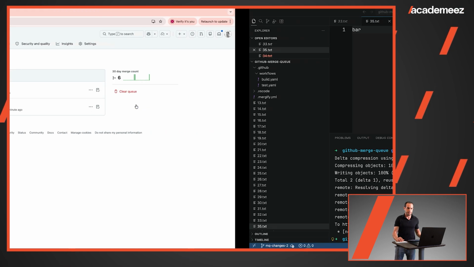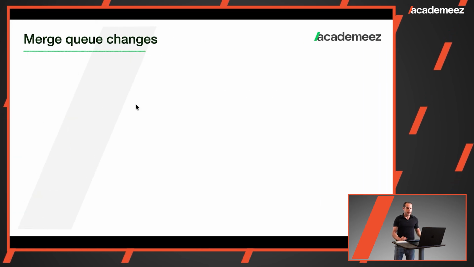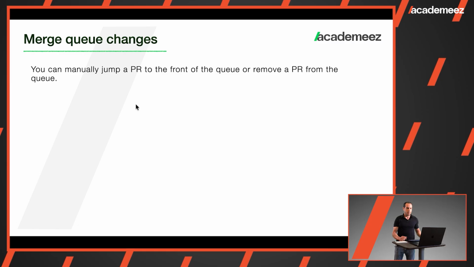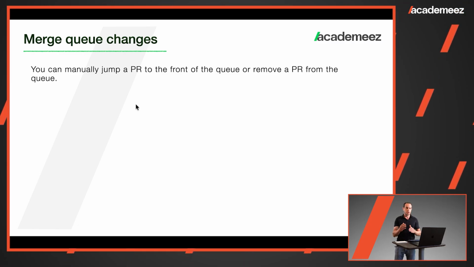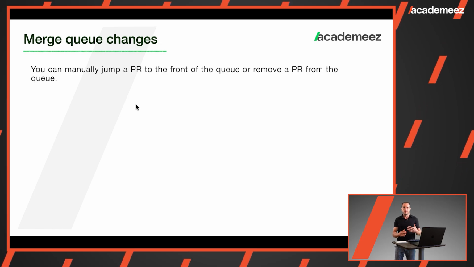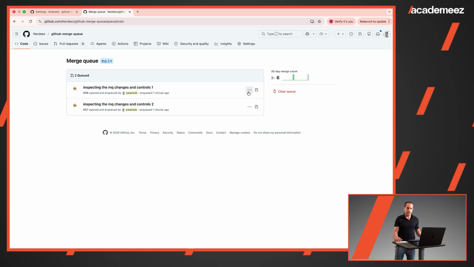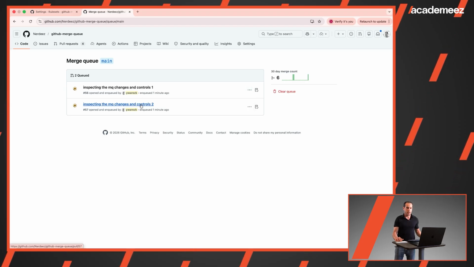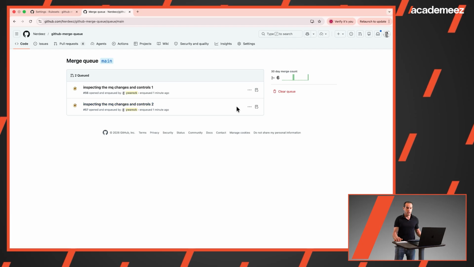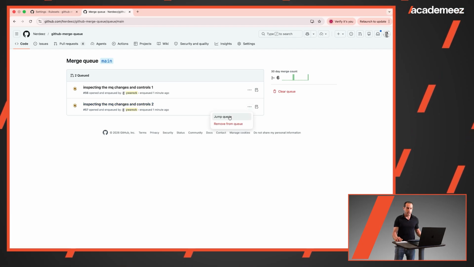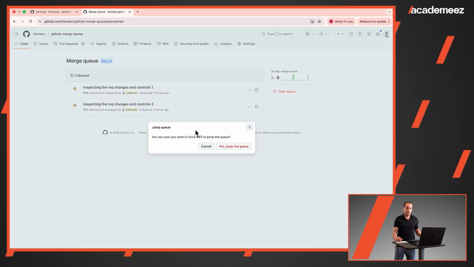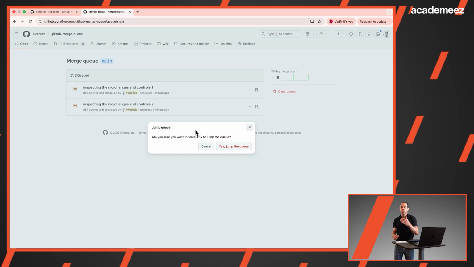So let's go back to the slide. One option that you can do is you can manually jump a PR to the front of the queue or remove a PR from the queue. So let's see how we do that. On the right side, we have jump queue. So I can take, for example, this second PR in the queue. I can jump this ahead and I'll jump the queue, and I'm getting a confirmation, because what happens is that